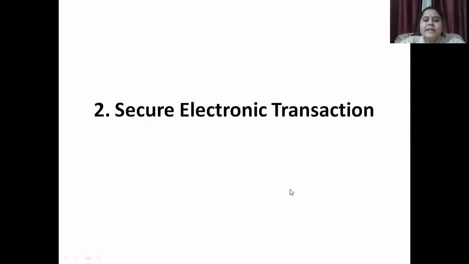Now second is secure electronic transaction. The secure electronic transaction, that is the SET protocol, is a set of written standards that describes how credit card association, banks, merchants and consumers should implement credit card transactions across